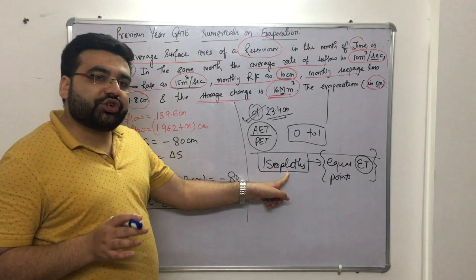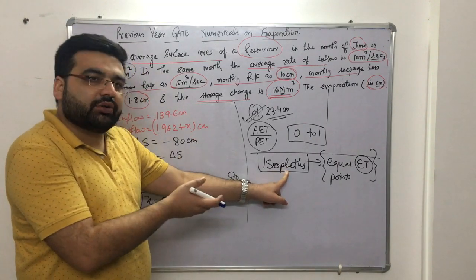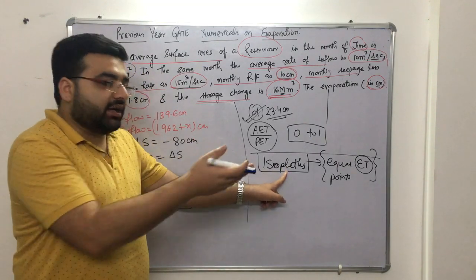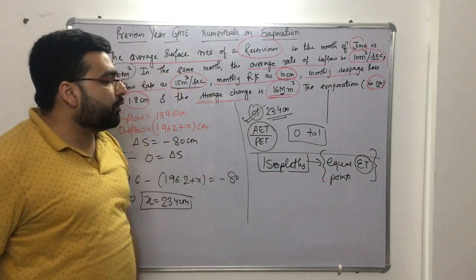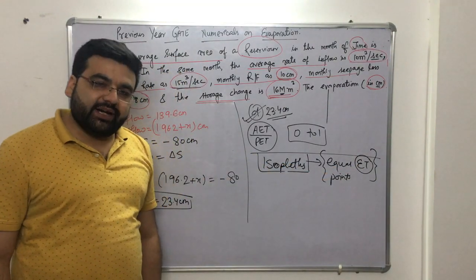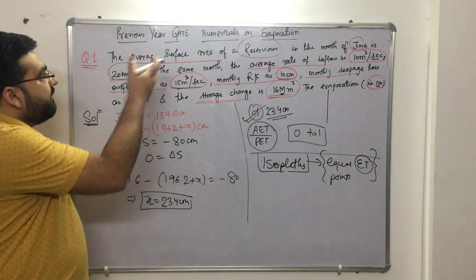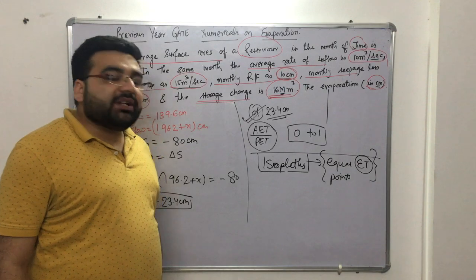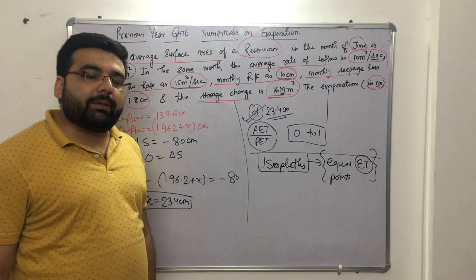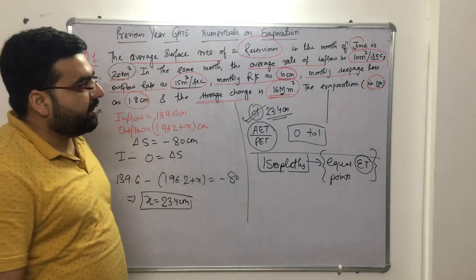So this was one of those questions, because this is not even given in books. The people who are doing M.Tech, they know this, right? That isopleths are the lines joining equal evapotranspiration points, simple. So I hope, students, that you have understood this numerical. Now let's move to the next topic, and let me tell you what I feel the most probable numericals can be from this chapter.